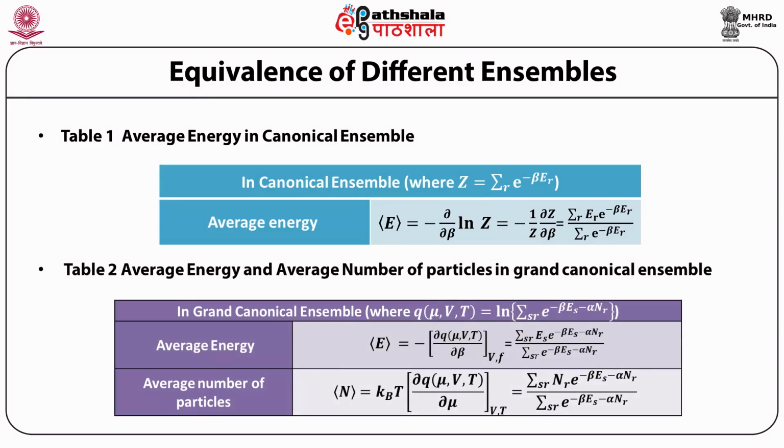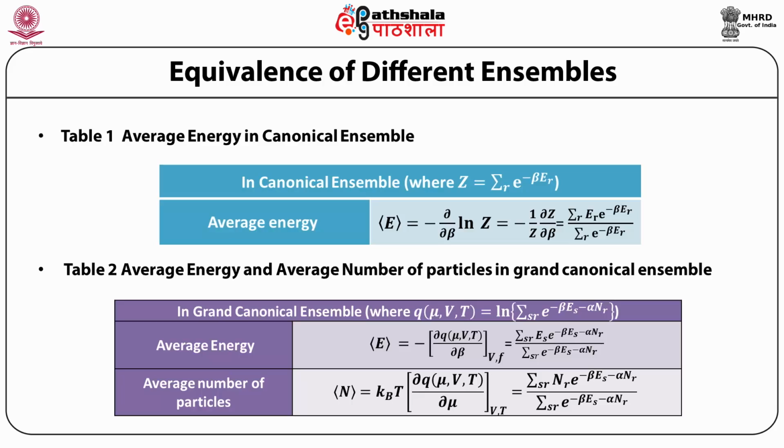In grand canonical ensemble, where the equipotential was defined as equal to log of summation over s r e raised to power minus beta e s minus alpha n r, average energy is given by negative of the partial derivative of equipotential with respect to beta at constant V and constant fugacity, which is equal to summation over sr es e raised to power minus beta es minus alpha nr divided by summation over sr e raised to power minus beta es minus alpha nr,